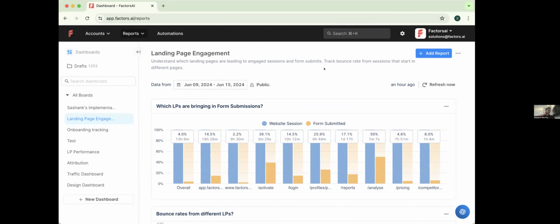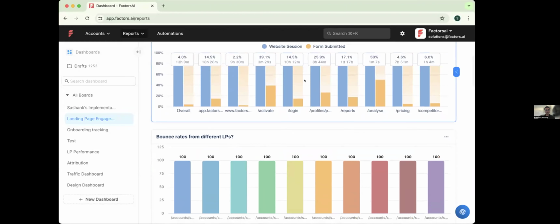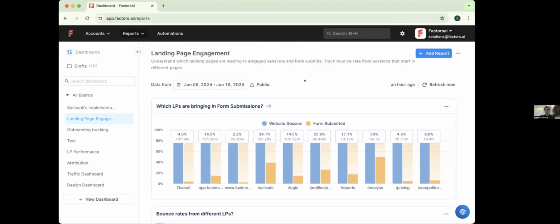this is one of the views where you can create a lot of reports and dashboards, and within dashboards you can create many reports based on data. There are different kinds of reports you can build, like a funnel report or a metric report, and so on, on different data sources. It could be website data, or your CRM data, and so on. And there are also other parts of the product like segmentation, workflow, automation, and so on.